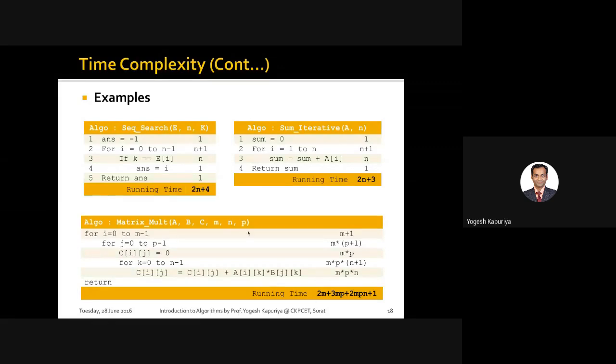If you observe, matrix multiplication is an algorithm where you have m into p into n. That is the order of n is 3. So it is something like x raised to 3. So it can be a linear function, it can be a quadratic equation, it can be a cubic function, or it can be any polynomial function. Now there is a very interesting property, which you should understand while counting steps for any algorithm. So let us just try to understand that.